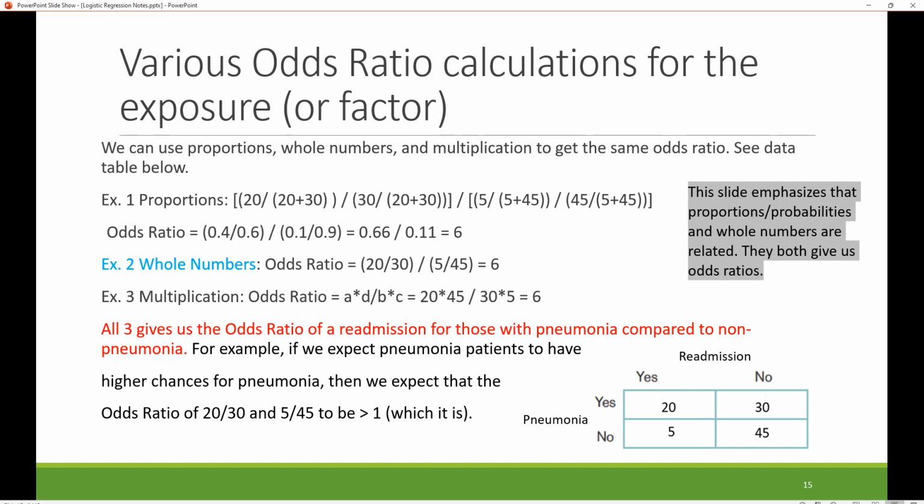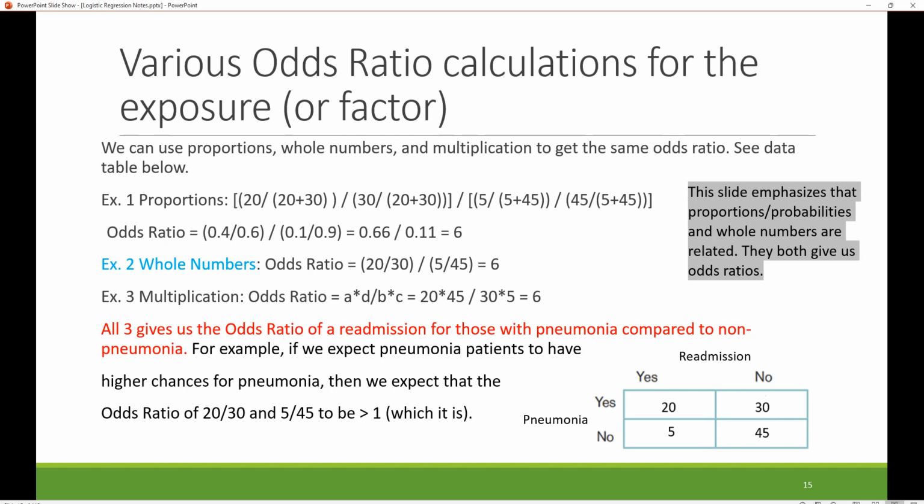And so because of that mathematical relationship between proportions and odds ratios, it turns out there's actually more than one way to calculate a proportion or an odds ratio. And this slide emphasizes that proportions or probabilities and whole numbers are related. They both give us odds ratios. So for this example, we may want to know, do pneumonia patients have a greater chance of readmissions compared to